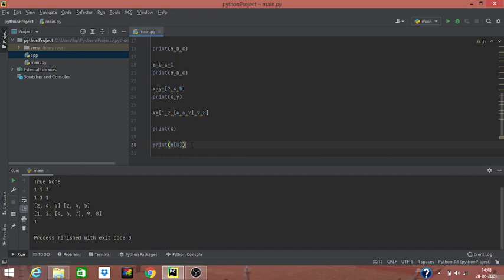If we want to print the first element of the inside list which is 4, then how do we print it, let's see.